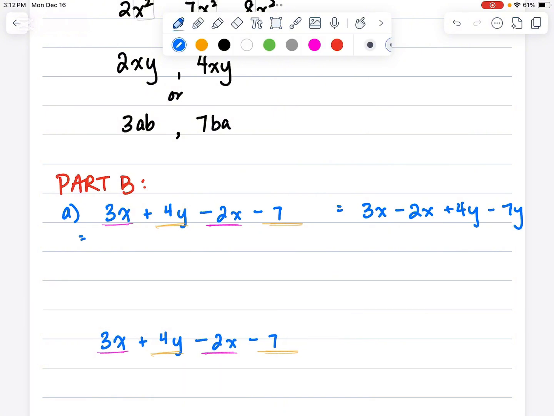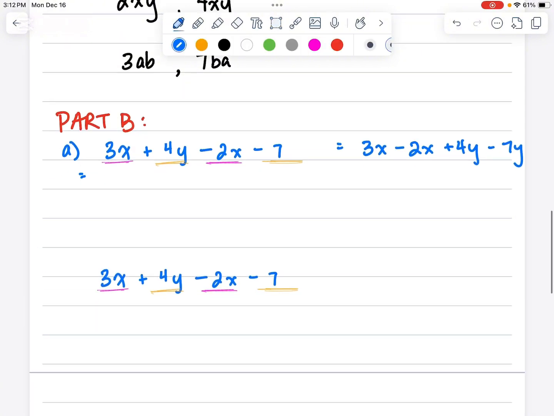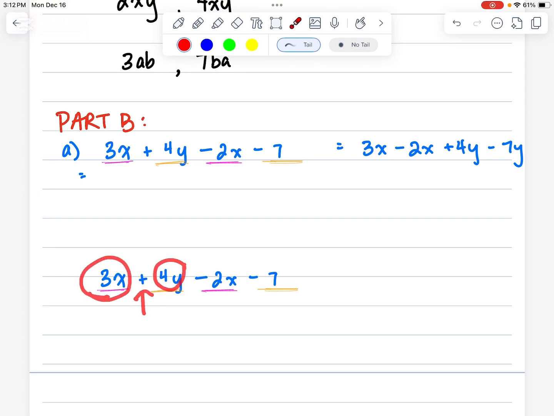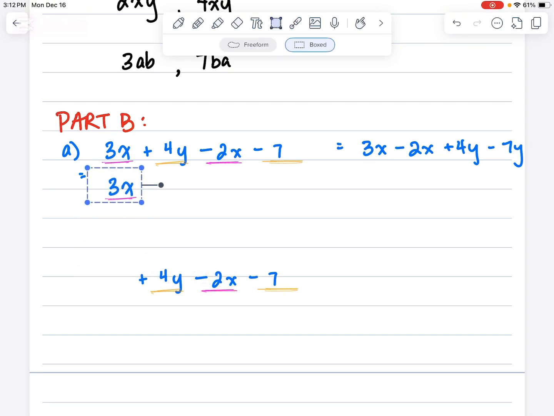We are quite literally rearranging these terms. Now, each of these things is considered a term. Each term is separated by a plus or a minus. So we have 1, 2, 3, 4 terms. Now, I will say that when I move it, I do have to move it along with the sign in front of it. Okay, so if I wanted to group the x's together, I'm going to take this x and the